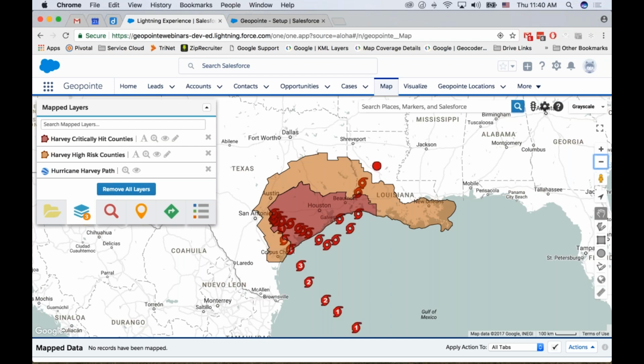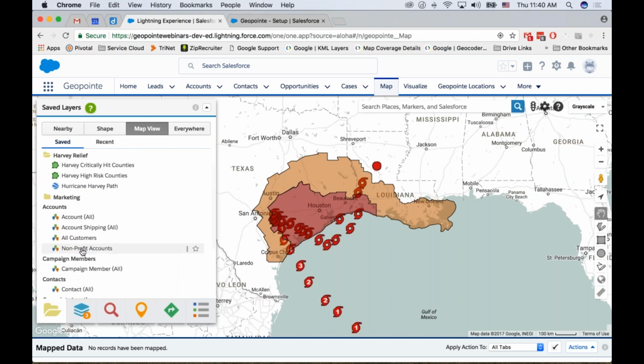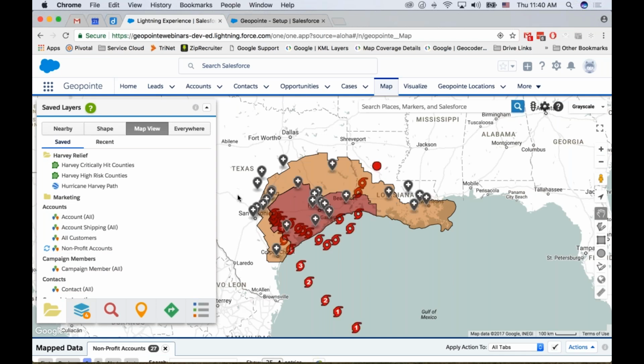So what they're trying to figure out is people who still need help within the disaster zone. So if I run a search here on map view, and I'm going to do all of our nonprofit accounts for this, you can see all of these search results of different nonprofits that are in the area who may still need assistance. So if they're sitting here at their desk trying to figure out who still needs assistance,